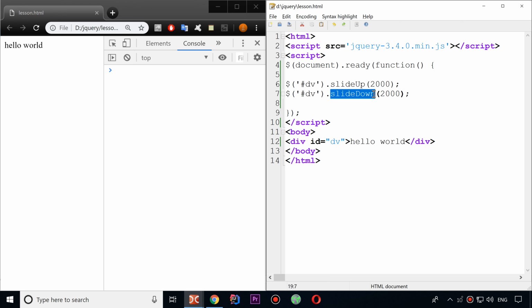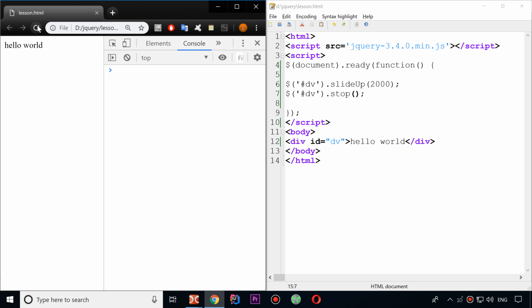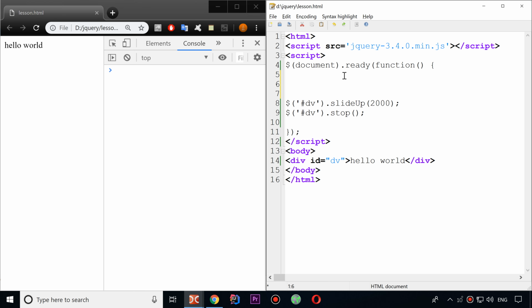But also I can use method stop. Stop will stop animation, and as you see, it not work anymore. Stop has 2 additional parameters, but I want to show you this. Okay, let's